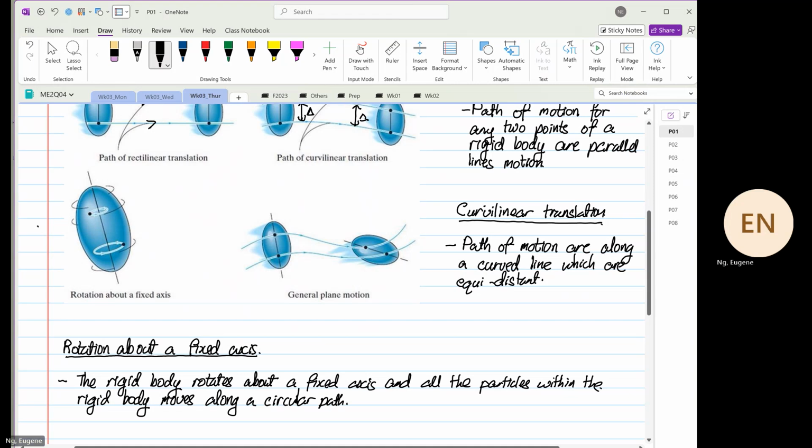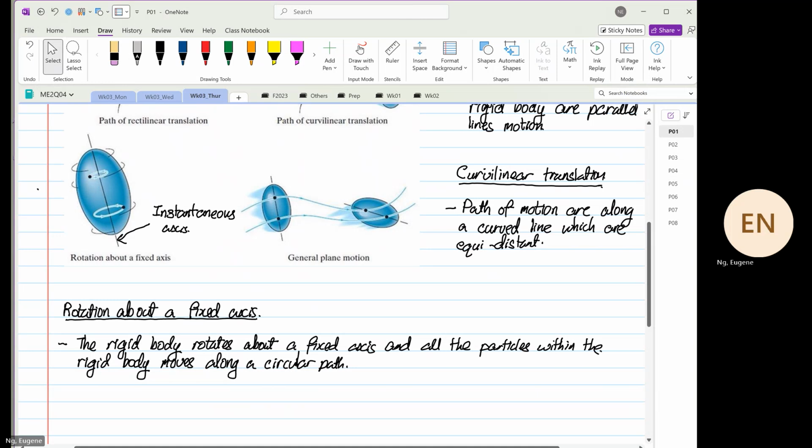Okay. So over here, this diagram is posted online. So this axis over here, we call it the rotation axis. Another name for it is instantaneous axis. Okay. Now, except,